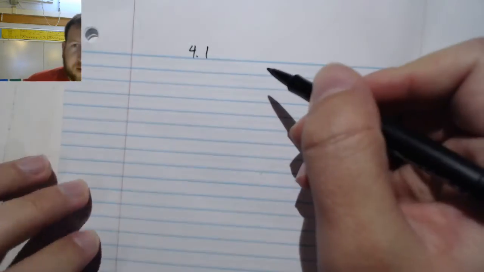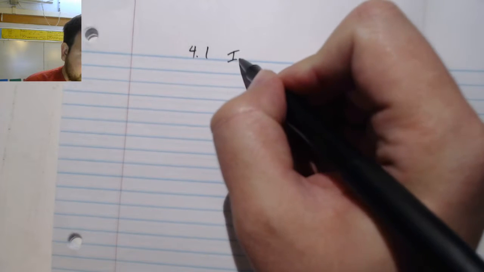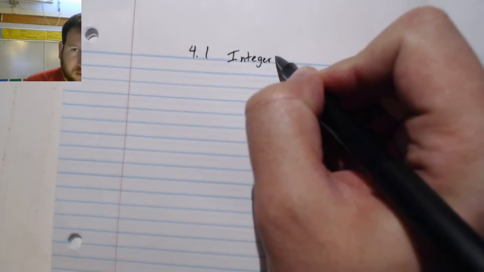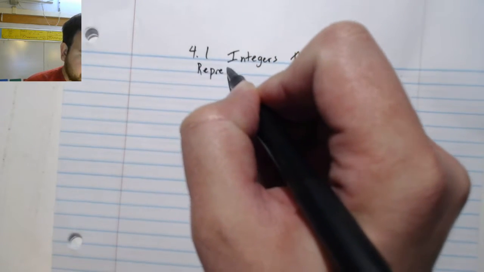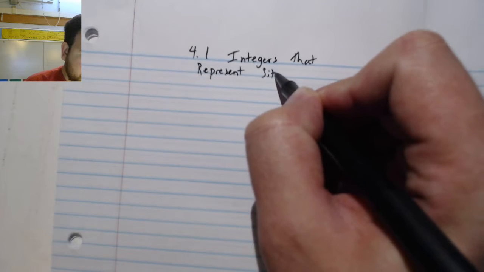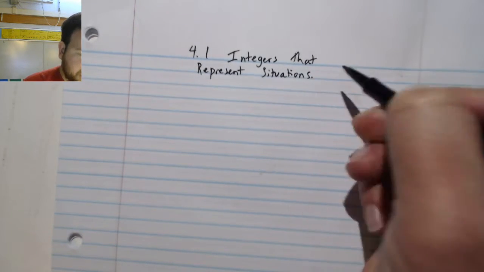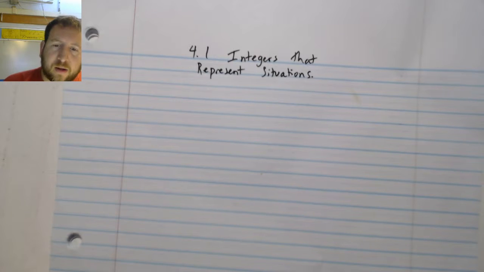It's been a while since I've done a video, and we are going to go to a new chapter. We're going on to chapter 4, and our big topic is integers. We are going to do chapter 4.1, and we are going to write about integers that represent situations. All right. So first question would be, what are integers and how do they compare to the numbers that